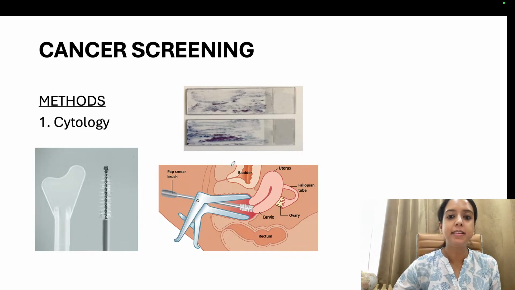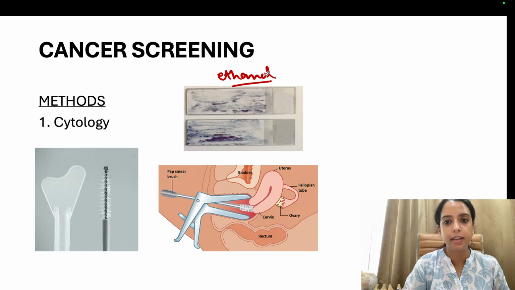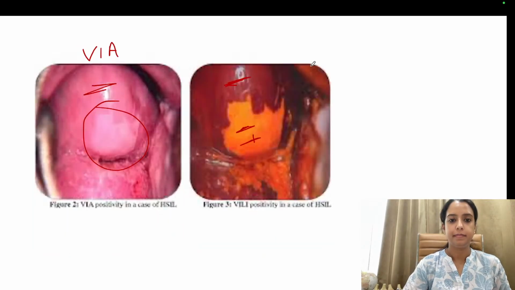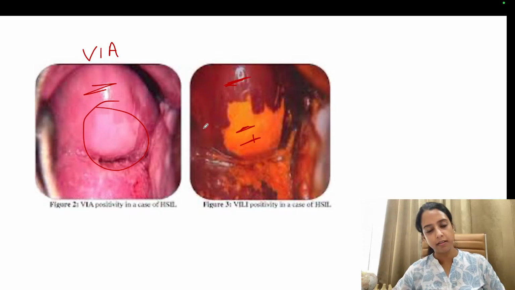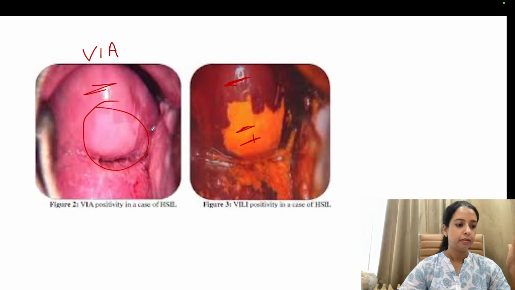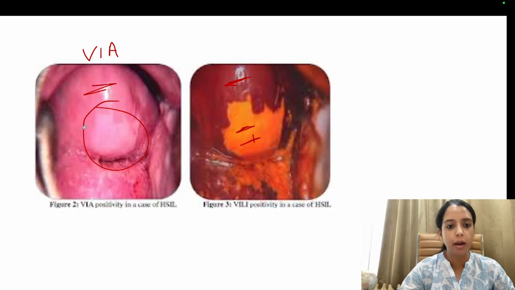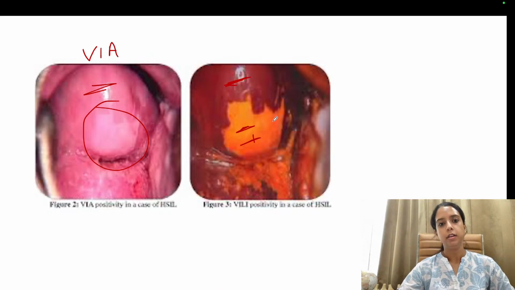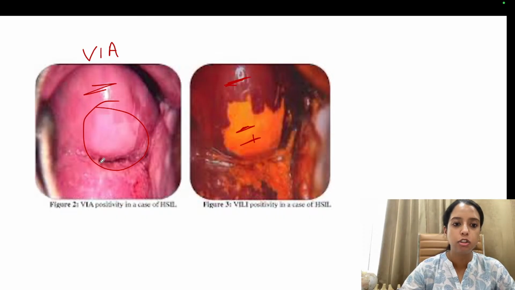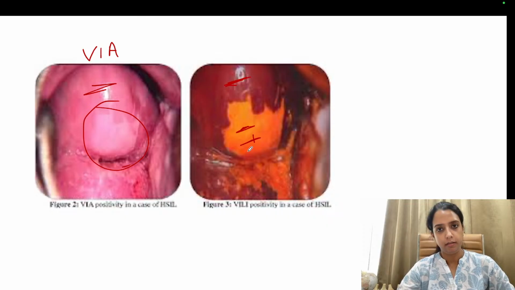ठीक है? What is the preservative that is used? Ethanol. Ethanol is the preservative that is used. 95% ethanol. ठीक है? Another method of cervical cancer screening. Those who don't have a lab, there we use visual inspection. ठीक है? नहीं, ferrous sulfate, not fumarate. So using visual inspection, either apply acetic acid, visual inspection with acetic acid, or visual inspection with Lugol's iodine. The cancerous abnormal cells turn snowy white, and here the abnormal cells don't take up the stain,